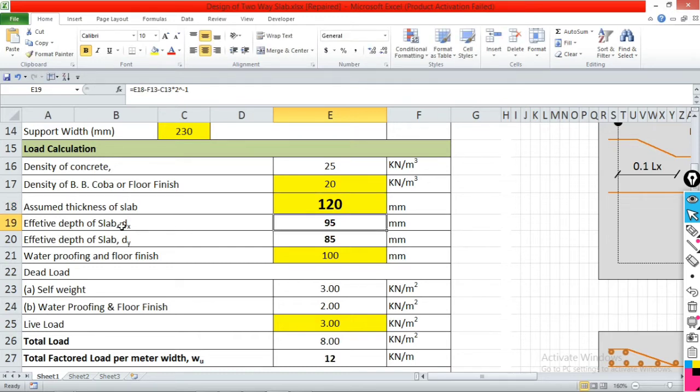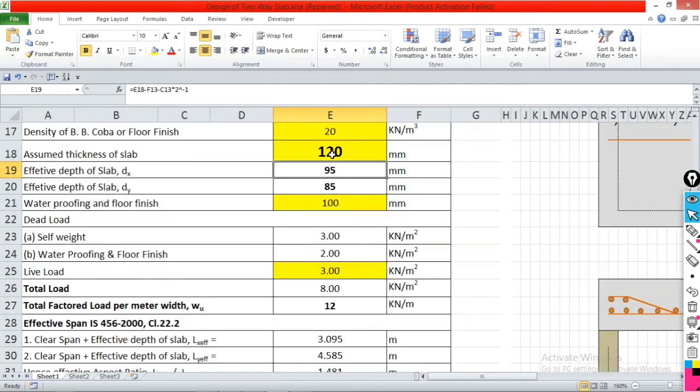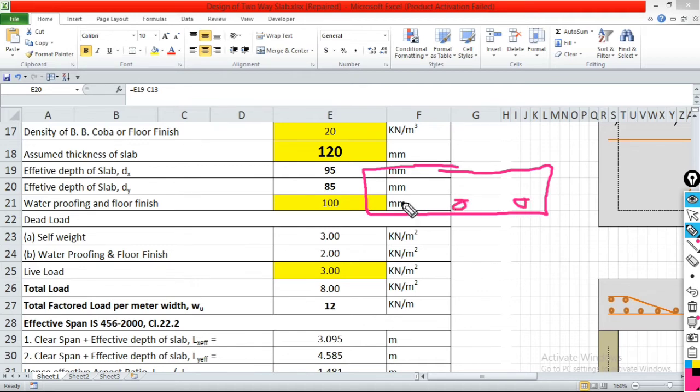Okay, now the effective depth of slab in x direction is 95 mm, and the effective depth of slab in y direction will be 85. How? See, this is the slab, and the main shorter span reinforcement will be provided at the bottom. Okay, and the longer span reinforcement is provided over the top of the shorter span reinforcement. So the total depth of the slab is